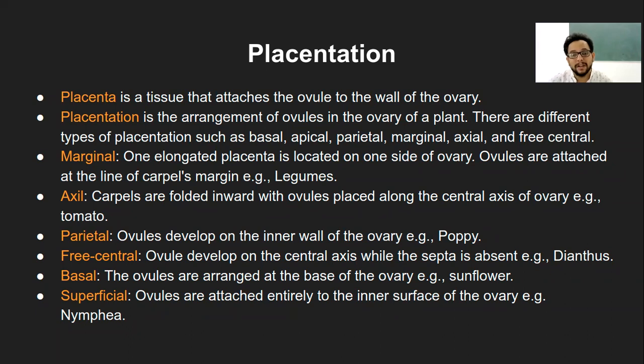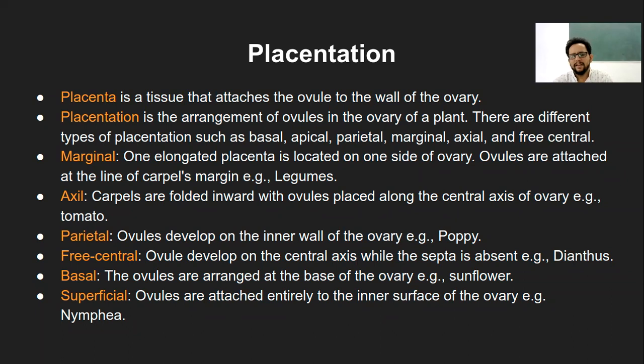Now, why is this so significant to study? Obviously, you would have eaten quite a lot of fruits. For example, mango, single seed, or watermelon, many seeds, but they are arranged in a specific manner. Or papaya, or pomegranate, or apple. Different fruits have different arrangements of seeds, and that goes back to how the placentation is present in those ovaries. Ovaries ultimately turn into the fruit, and the ovules turn into the seeds.